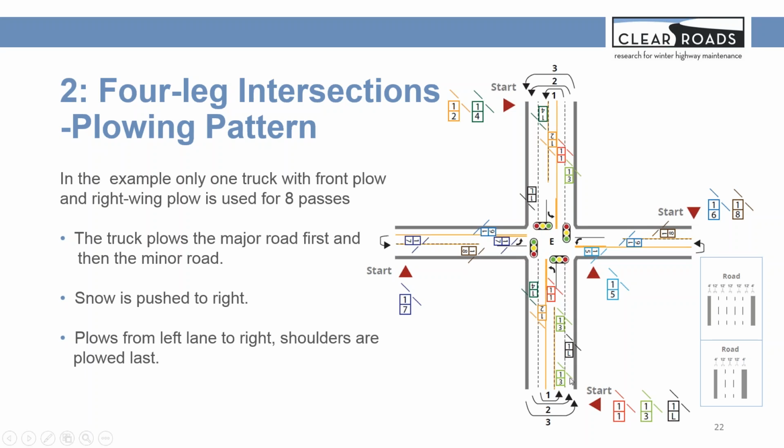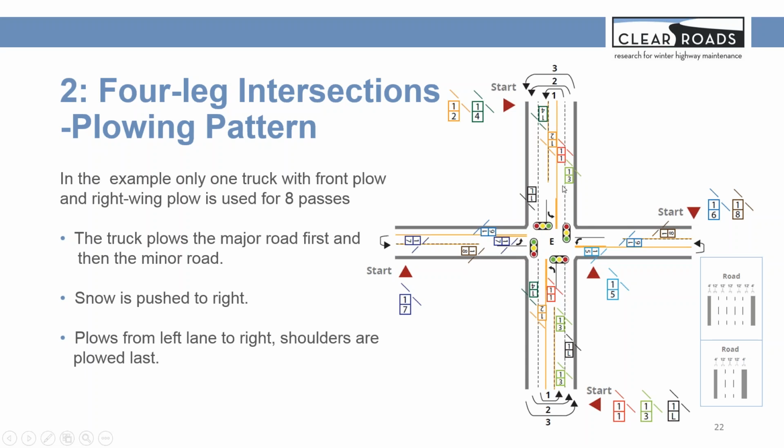From this figure, the truck starts the first pass in the left lane, and this left lane will convert to a dedicated left turn lane. The truck proceeds with both the front plow and right wing plow extended. And when the truck approaches the intersection, it doesn't turn left, it just goes across the intersection and continues